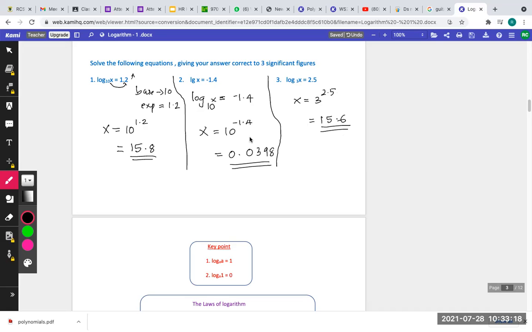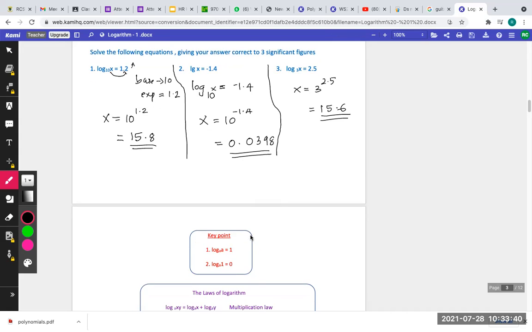For solving certain kinds of exponential equations, to find the value of x or y, you need to convert it into logarithmic form and then you do it. Or if the equation is a logarithmic equation, still you can convert it into exponential form and do it. So that's a very simple and very basic thing, and I'll be giving you some problems for practice, no worries.